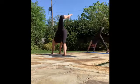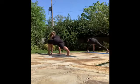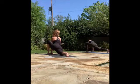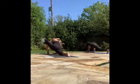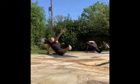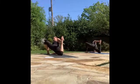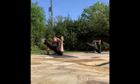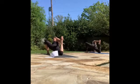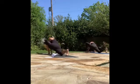This time left foot on the outside of the left pinky finger, lizard pose. Again, option to stay here, drop that back knee, keeping the chest lifted. You could also come down onto your forearms. You could open that hip, coming to the outside of the left foot. And lastly, you can reach back and grab the outside of your foot, quad stretch. One more breath here. And when you're ready, release that foot, tuck that back toe, make your way up into